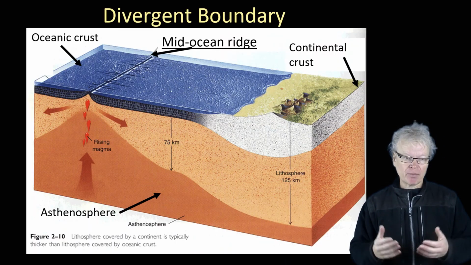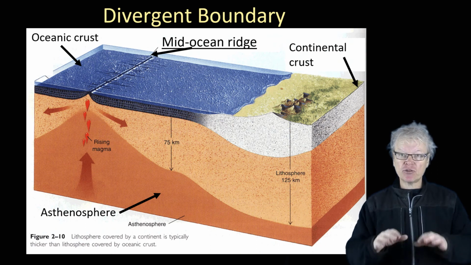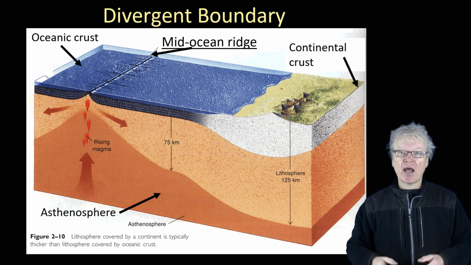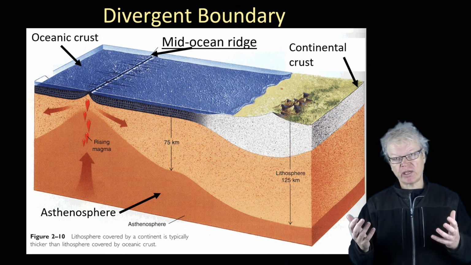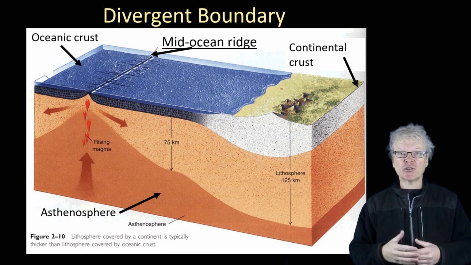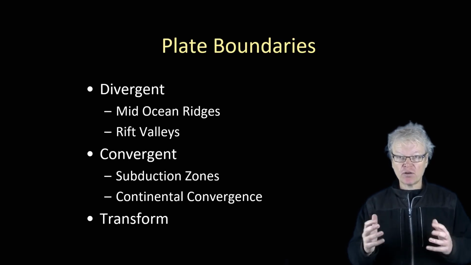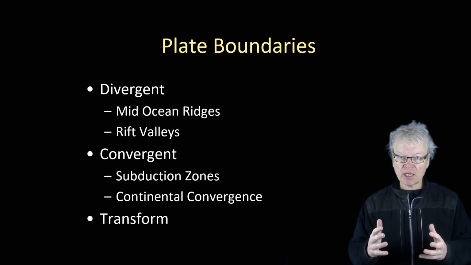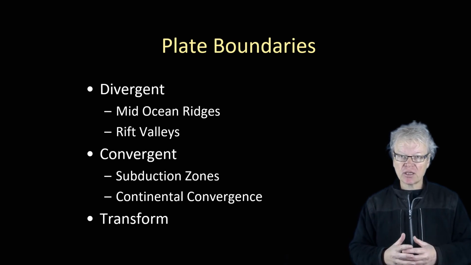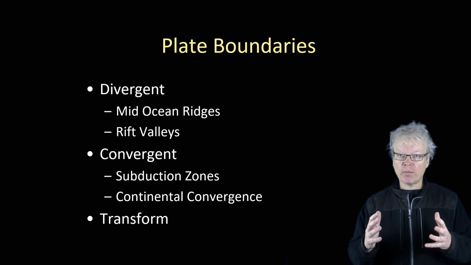Okay, so what do we call that? Well, that's a plate boundary, and that particular plate boundary is a divergent plate boundary because the plates are moving apart, and we call that a mid-ocean ridge. So that's the first plate boundary that we're going to look at. Okay, now there are a couple of other types of boundaries. There are convergent boundaries, subduction zones and continental convergence, and there are transform boundaries, and we're going to look at